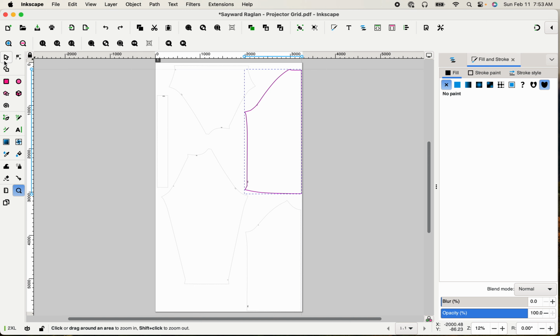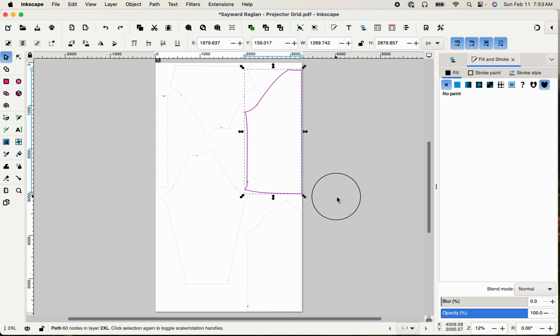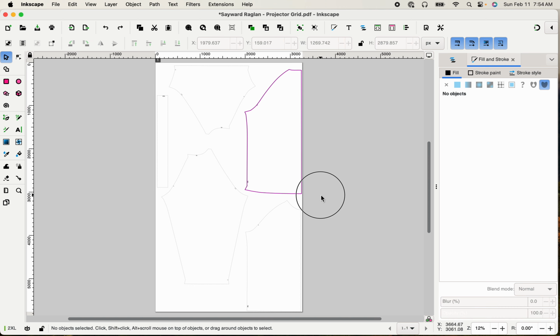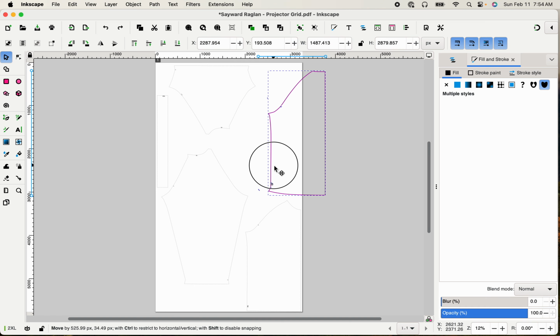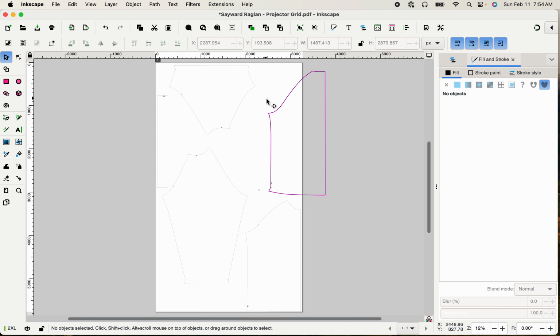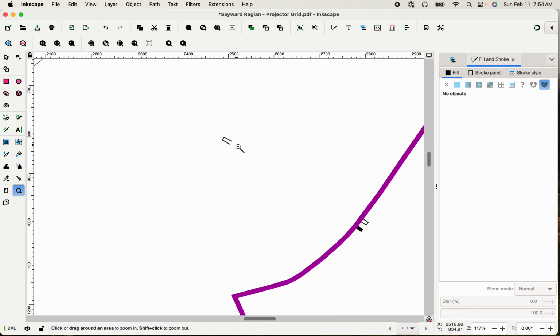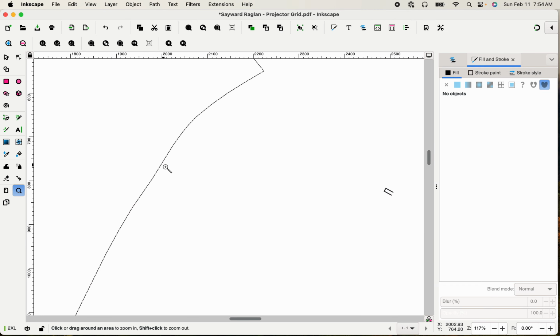I'm going to grab my selector or type S. And before I move it, I'm going to select all of these items. And I'm going to grab this. But wait a second. Looks like something else came along with it. Let me zoom in on that. It grabbed the cut line from my sleeve. Well, that's not good. So let me zoom out again